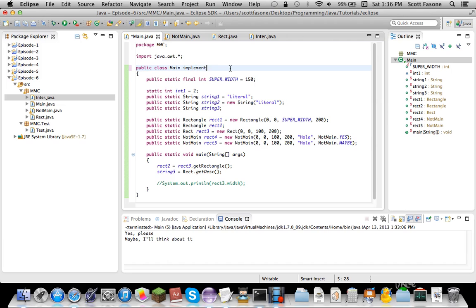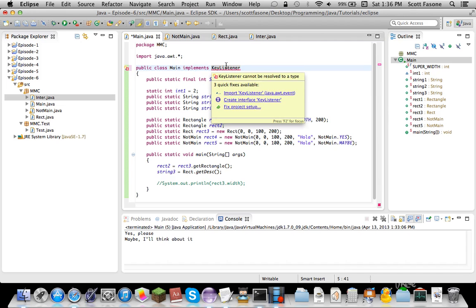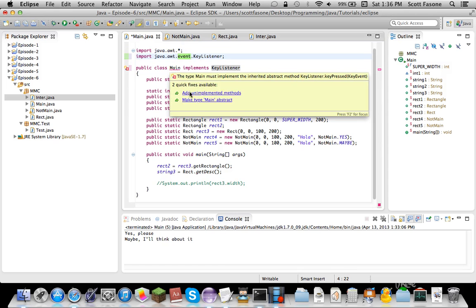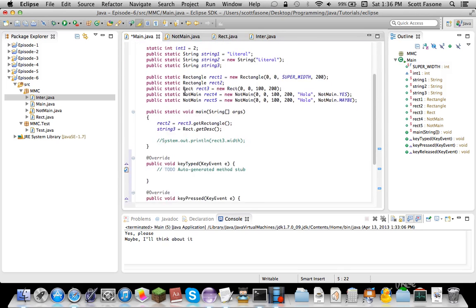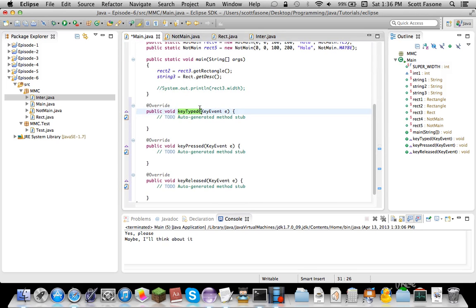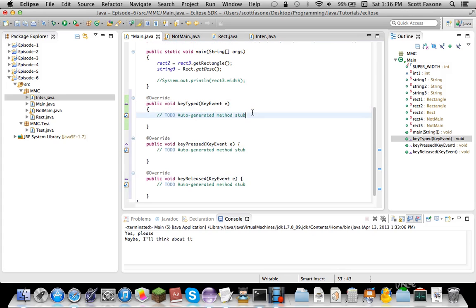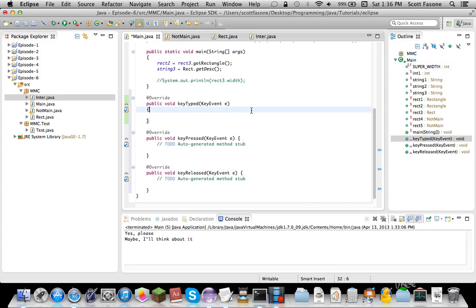But implements KeyListener. Now real quick, we have to import it since it comes from java.awt.event, which is another package that's folders below. Now we're going to automatically add the unimplemented methods, and you'll see now it has keyTyped, keyPressed, and keyReleased. You see what we're getting at? So we're just going to do